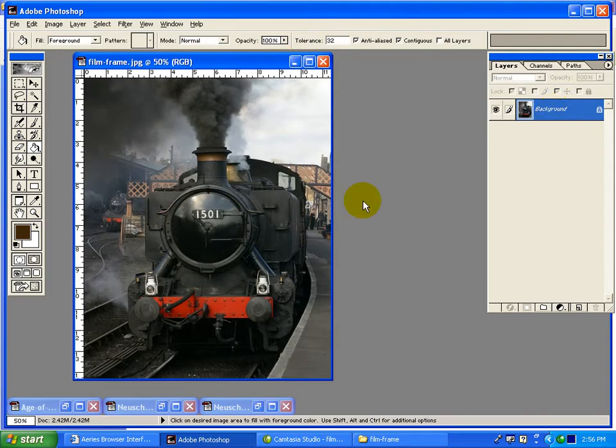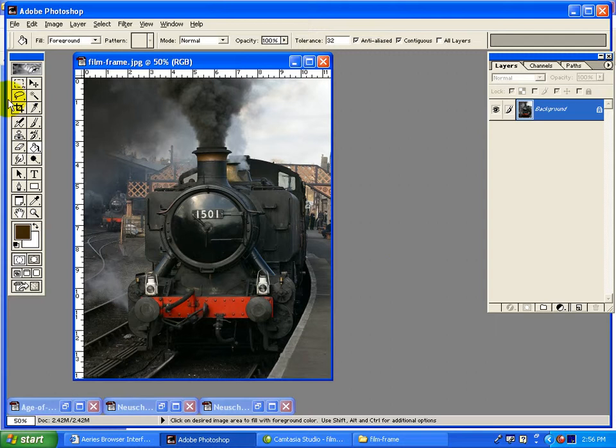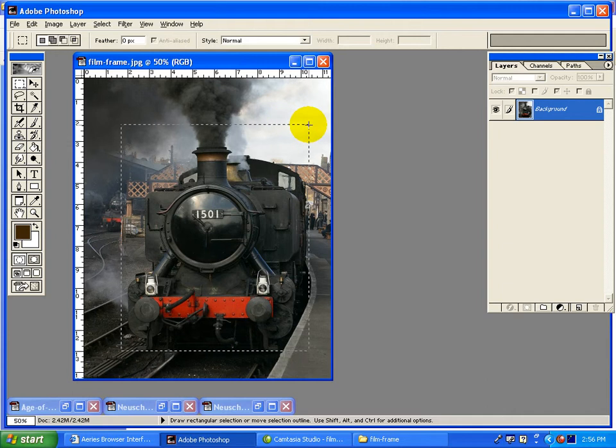Okay, so the first thing I'm going to do is get the marquee, the rectangular marquee tool. Draw your square around the train, and you don't want to zoom out to this bit because we're going to put a nice big